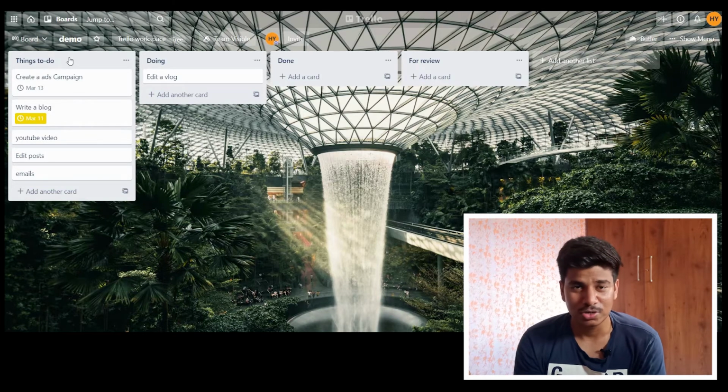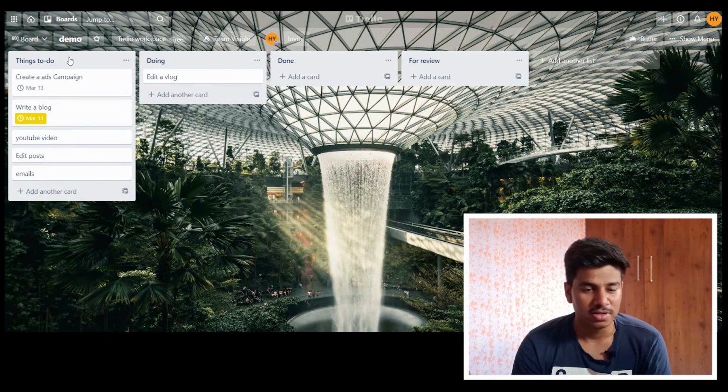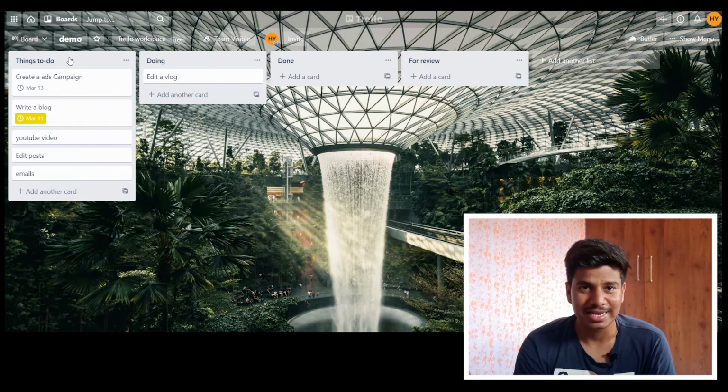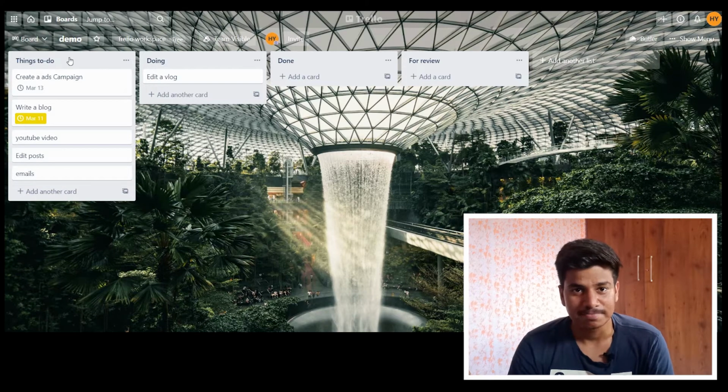A lot of people use Excel sheets and other editorial tools, which sometimes make things overwhelming and lead to burnout. Using this tool you can remove all that overwhelm and be productive, and it's agile marketing. You can always keep on changing, and it's easy to use with teams.